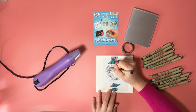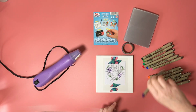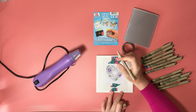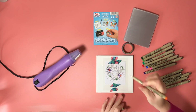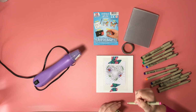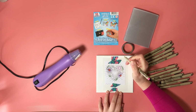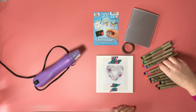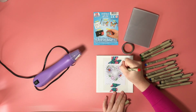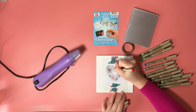tiny dots of colour. The thing to remember about shrinky dinks is that as you shrink your shrink plastic sheet, the colour concentrates too. So if you colour in large areas of your design, it can end up looking a bit too intense. Because this heart template is so beautifully detailed in its line art, I'm just going to reflect that by adding in the lines in different colours of archival ink pens to reflect the beautiful, delicate design of